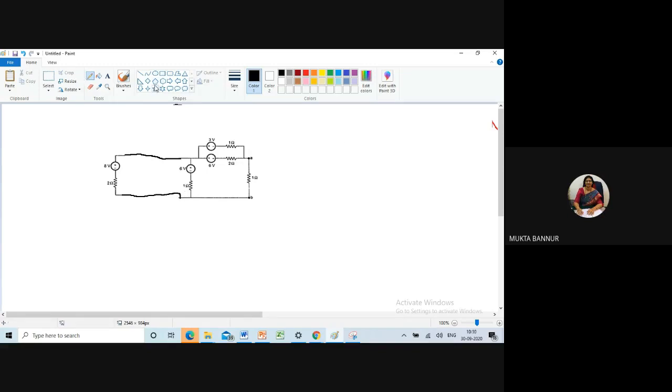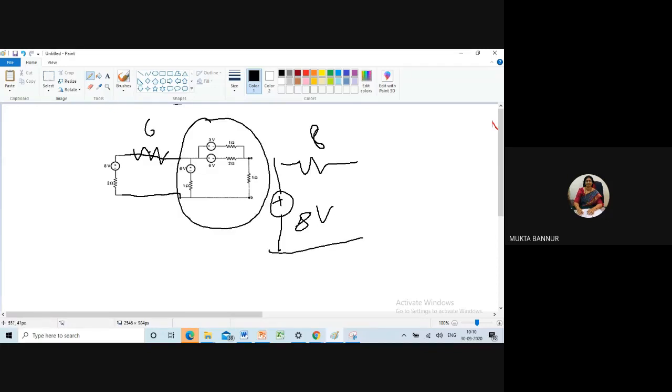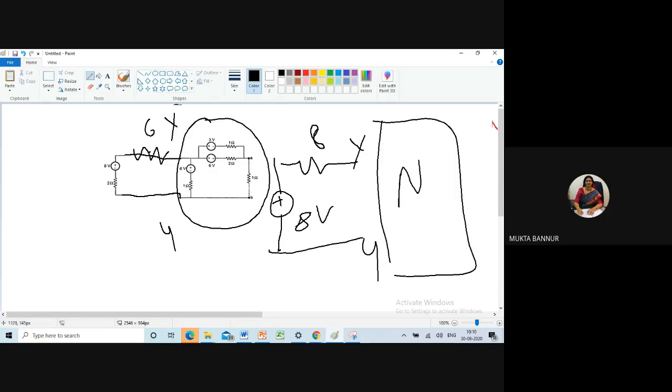See, suppose there is a resistance over here, say 6 ohm. Now if there was a resistance here, what would you do? These two will be in series. You would have added that resistor with this resistance. So the resultant circuit will be 8 ohm with a series voltage source of 8 volt, and the rest of the circuit across x and y remains the same. That is one network. Correct?